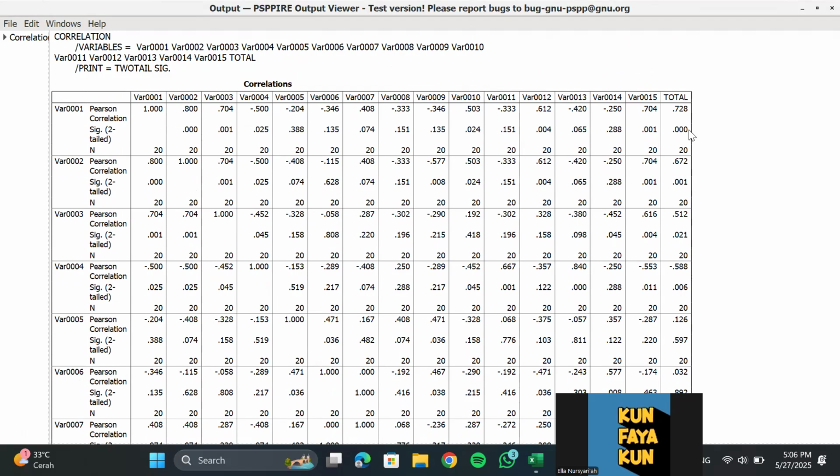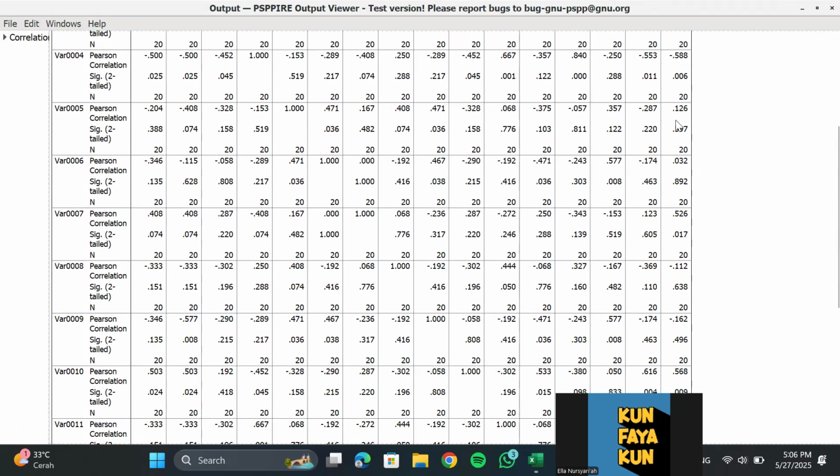My first item is valid, the second item is valid, the third item is valid, the fourth item is valid, the fifth item is invalid, the sixth item is invalid, the seventh item is valid, the eighth item is invalid, the ninth item is invalid, the 10th item is valid,